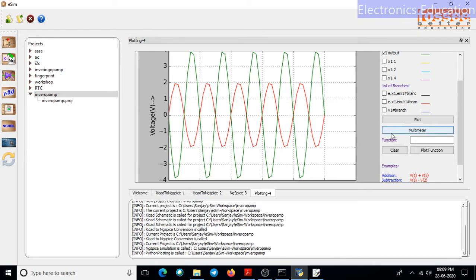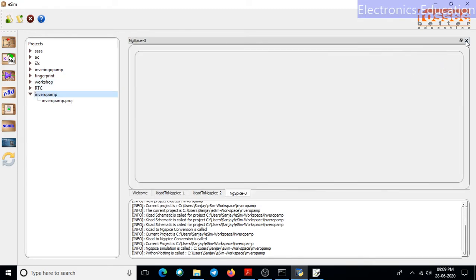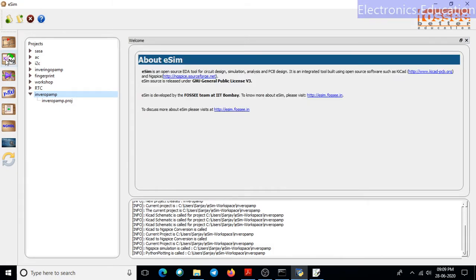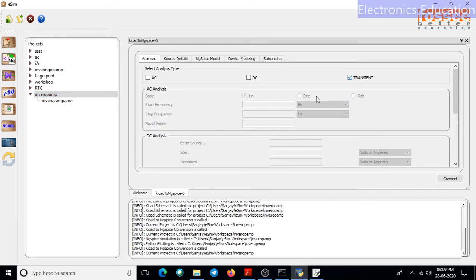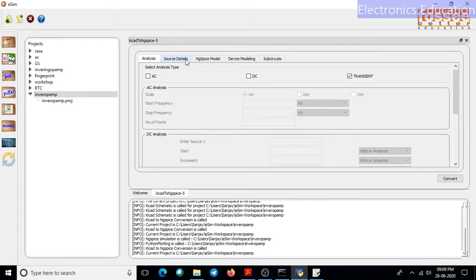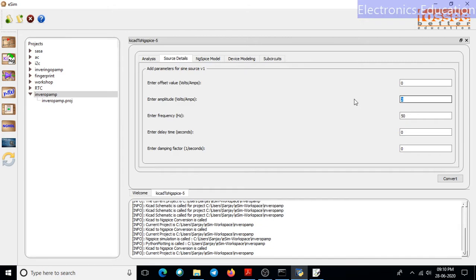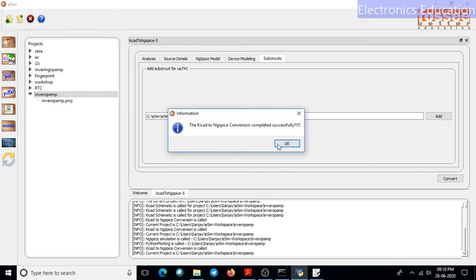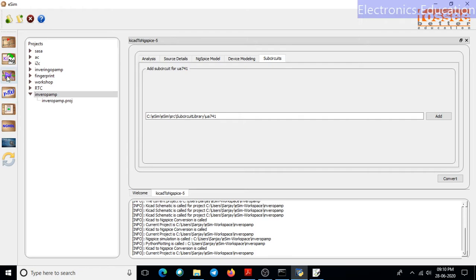Okay, so let us have one more iteration here. What we will do is change some parameters. So I will again click the KiCad to ngSpice converter. In the transient response, I will not change this particular part, but I can change the input parameters. Let us say the input will be 3 volts, and let us say the frequency will be only 10 hertz. Now everything, the subcircuits, is already defined, so I will just click, and the conversion will be successful. Again I can click on the